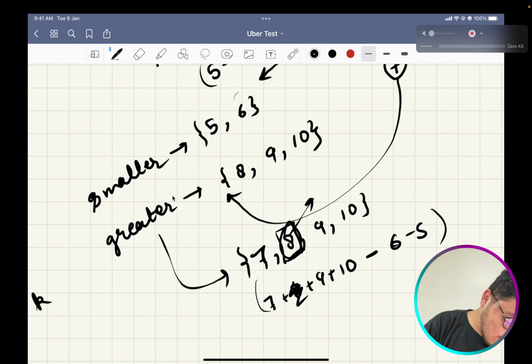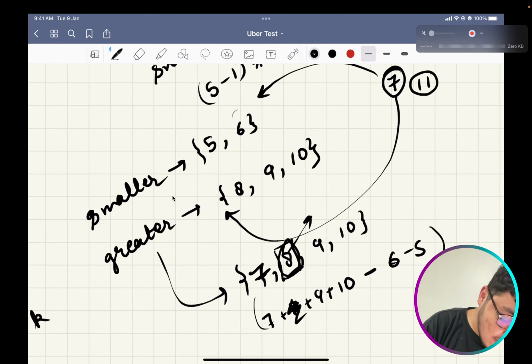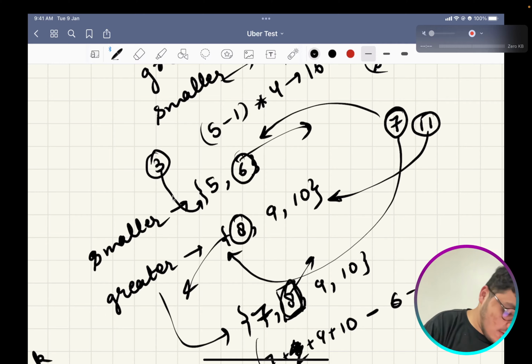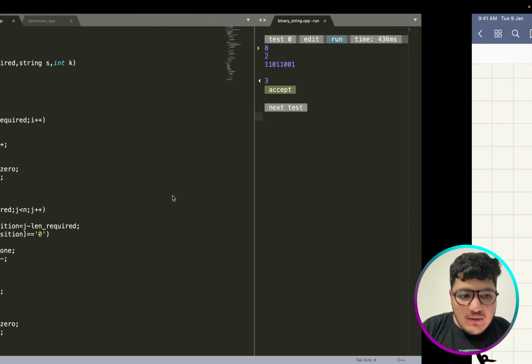Obviously inserting 7 is not a good option, it's not going to benefit you. But in case you were having this 11, then pushing it over here and removing this 8 would benefit you. And if you have this 3 as your value, then inserting 3 over here and removing this 6 would be benefiting you. So this was the major catch in this problem. So now let me show you this code.